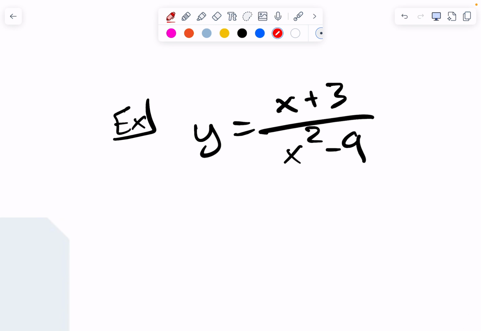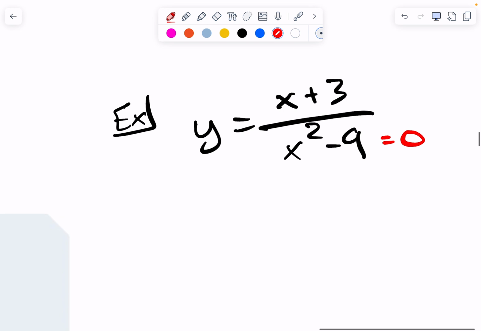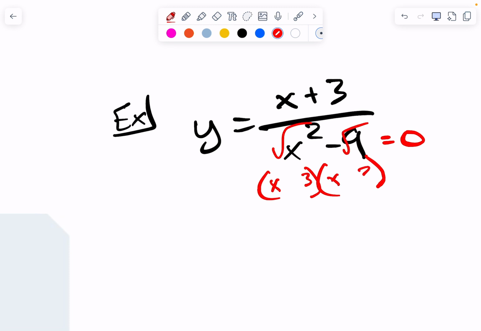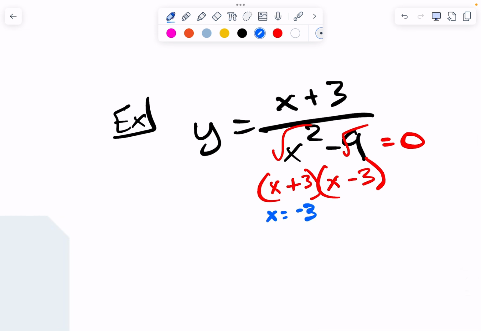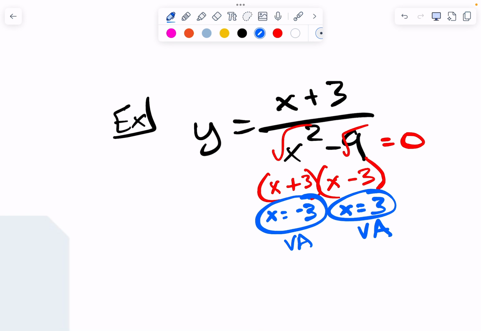This guy, if I set the denominator x squared minus 9 equal to 0, x squared minus 9 is a difference of squares, right? The square root of x squared is x. The square root of 9 is 3. One of them is plus, one of them is minus. If I set those equal to 0, x is equal to negative 3 and x is equal to positive 3. And it looks like those are VAs, a VA and a VA. So I have two VAs. Except for,